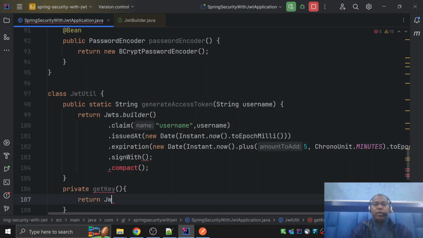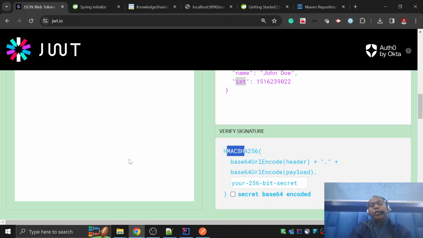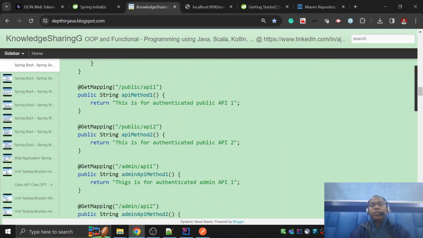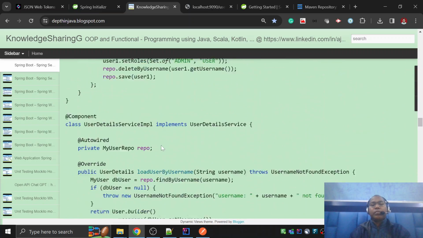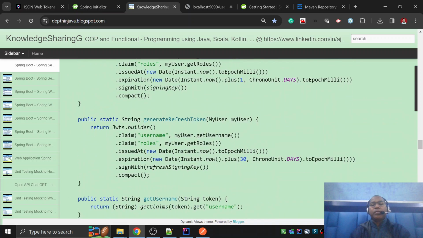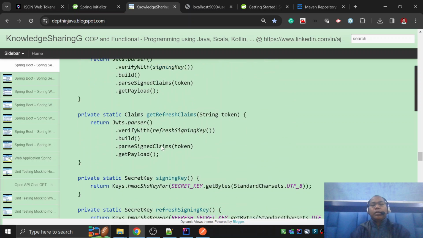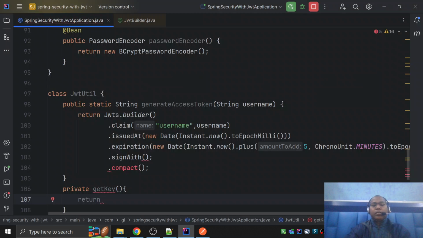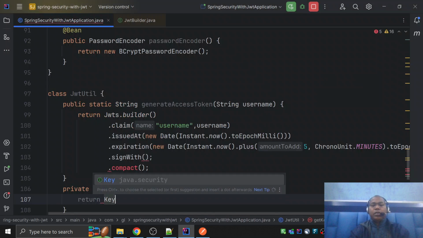So here we need one kind of secret key to pass to your keys. Okay, like key. So here you can decide some keys,